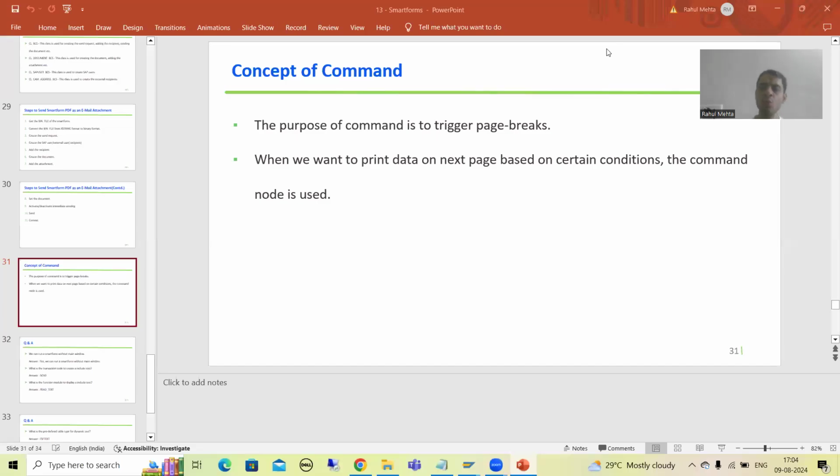Hello everyone, we will continue the topic smart forms, and in the previous videos we started with the concept of command. The purpose of command is to achieve the page break, or we can trigger the page break. We will give a command which will help us to trigger the page break. And as a part of that,